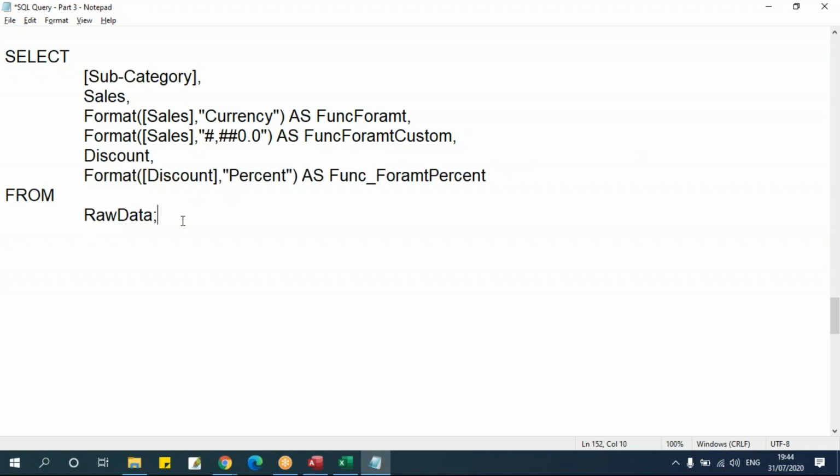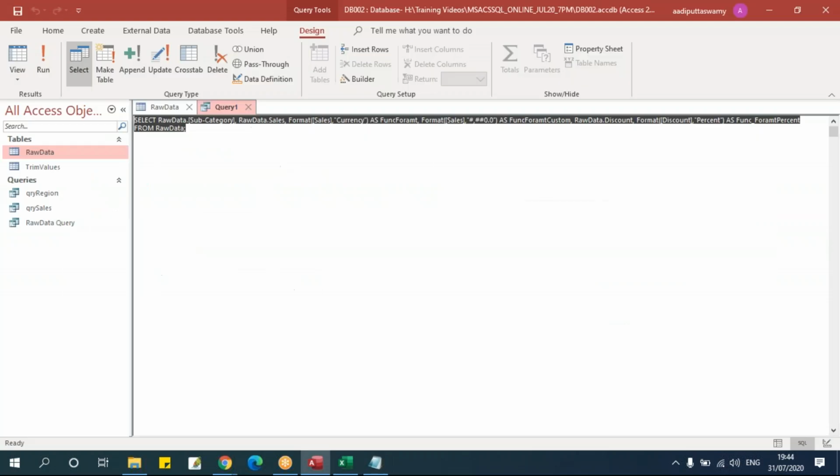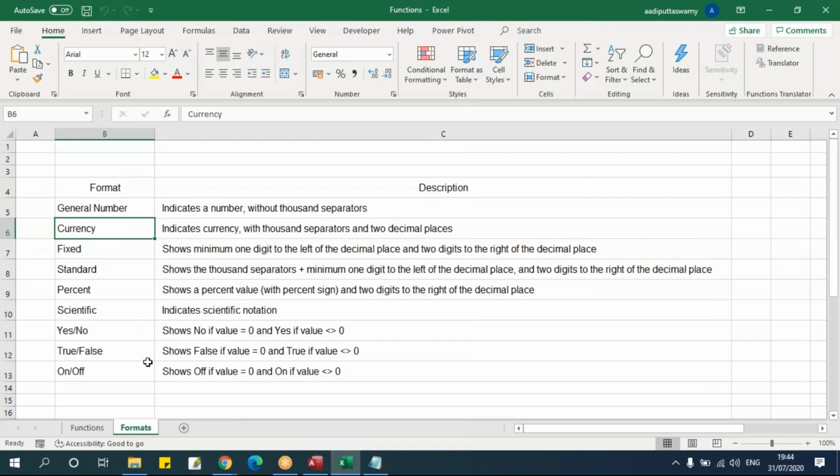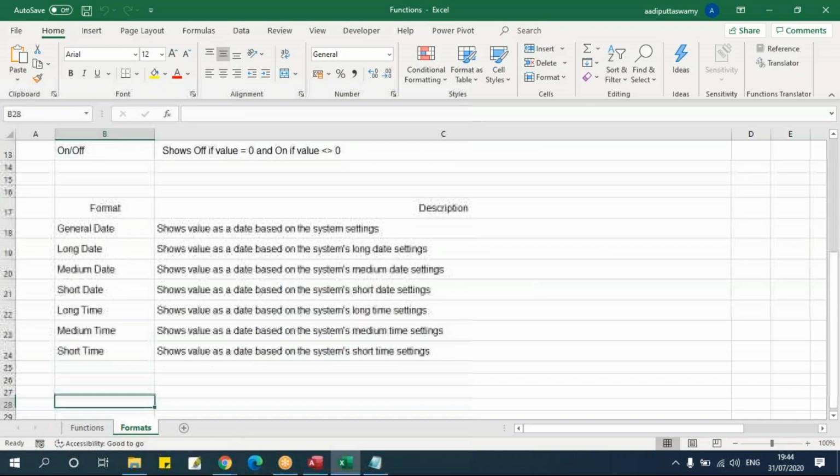So you can use any format. For dates also there are formats. When you come to the date function, I'll explain how to use this format with dates, and I'll show you how to use the date format as well.